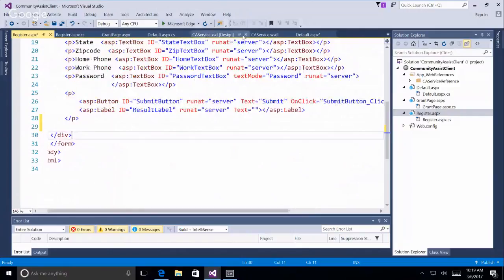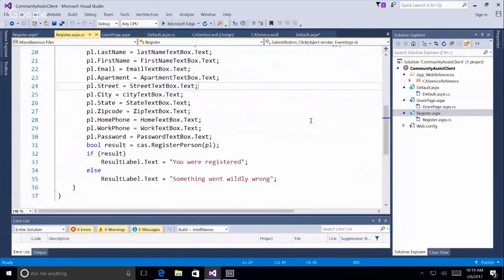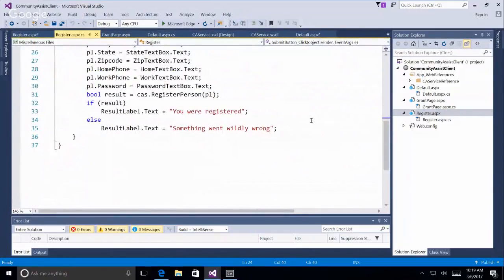Did we not on the? Let's look at the CS. I have just if result, I have you were registered. Otherwise, something went wildly wrong. No, I guess